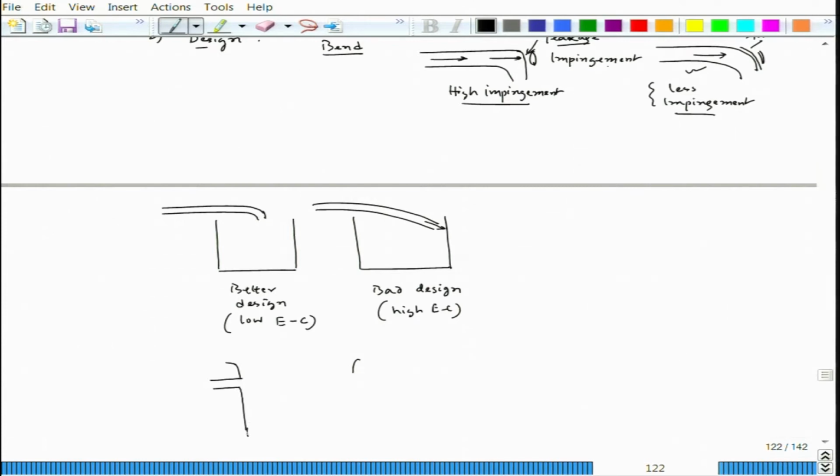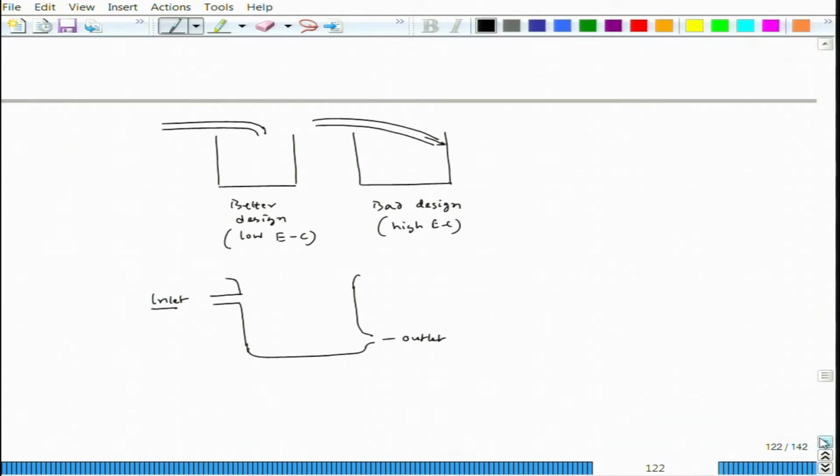Now, let us say this is the outlet pipe, this is the inlet, fine. Of course, this design is not good. We have already seen before that if the water contains dust particles, they will get deposited at the bottom. Now, when we try to clean it up, it will be very difficult to remove the entire water because the industrial tank would be very huge. So, in that case a little bit of water can be left out here.